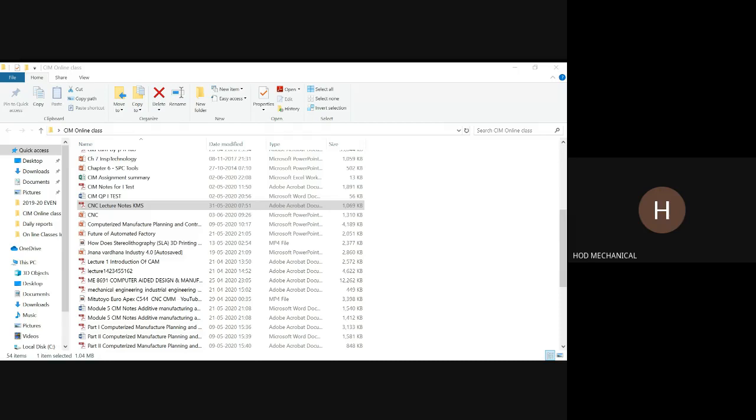Any combination of X or Z can be used. The machine tool will follow a linear trajectory from the current position to the target position. Now this is the current position, and this is the target position. If this is the target position, what is the code that we are going to write? N is a sequence number, so let me write N05 G01, X value is 10, Z value is minus 25.